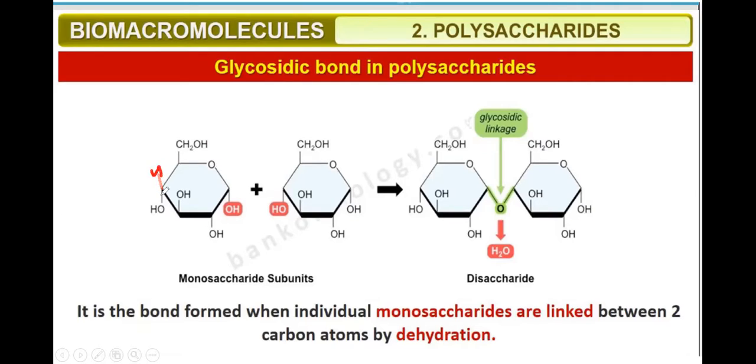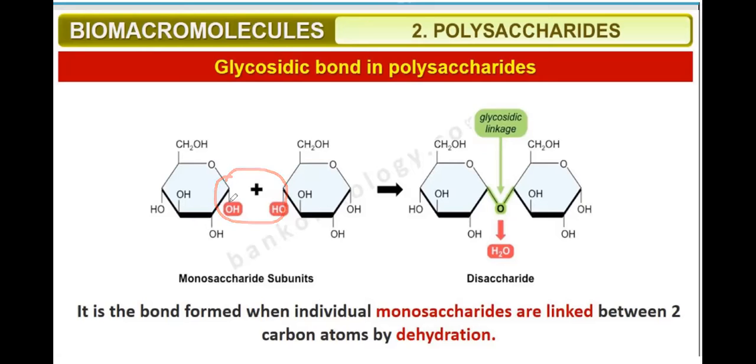Then here 5, then 6, then 7, then here 1, 8, 9, here 10, here 11, and here will be what? 8. So 12 hydrogen here. And oxygen 6, 1, 2, 3, 4, 5, 6 side. So in this way, it is what? C6H12O6. So when two saccharides come together, there is a formation of bond between two neighboring monosaccharides.